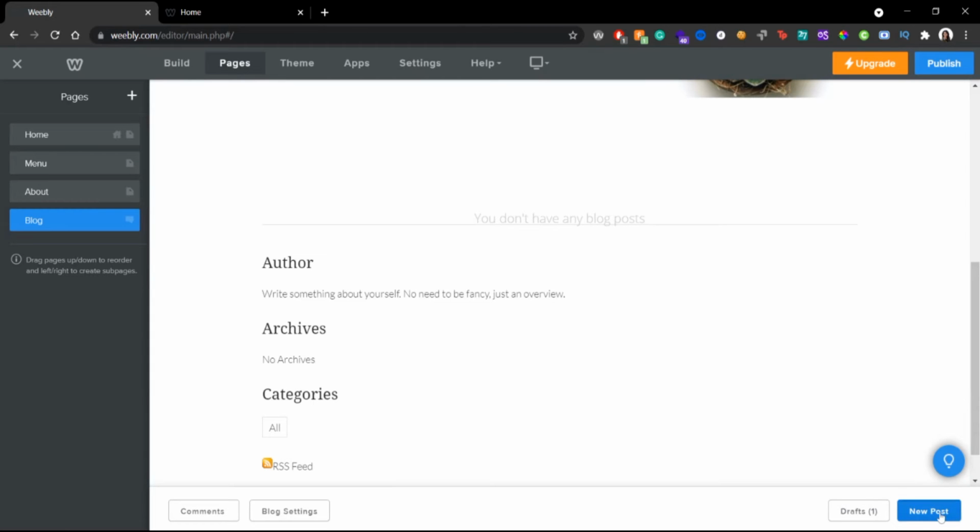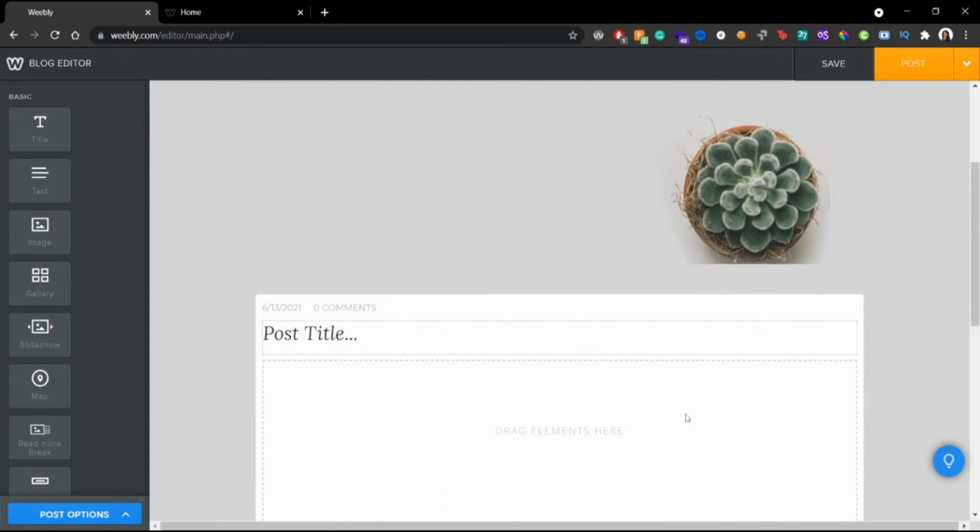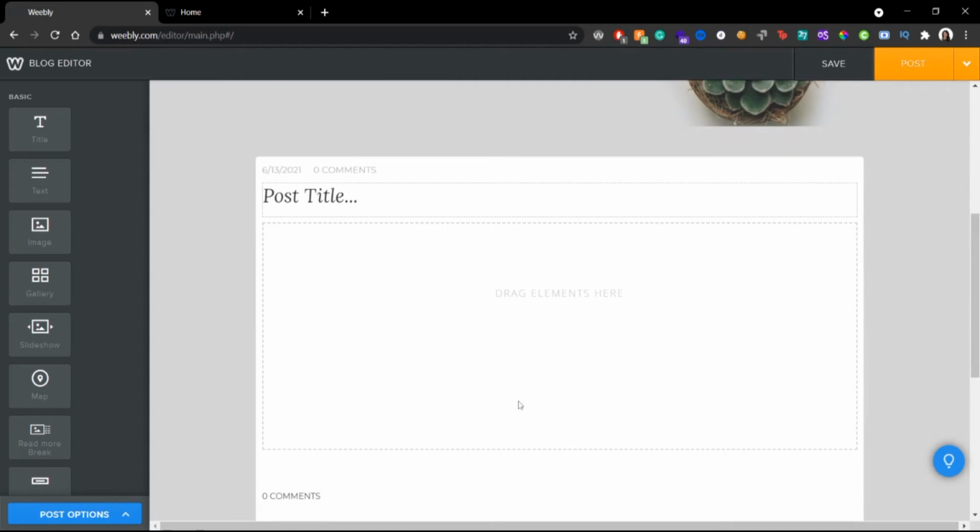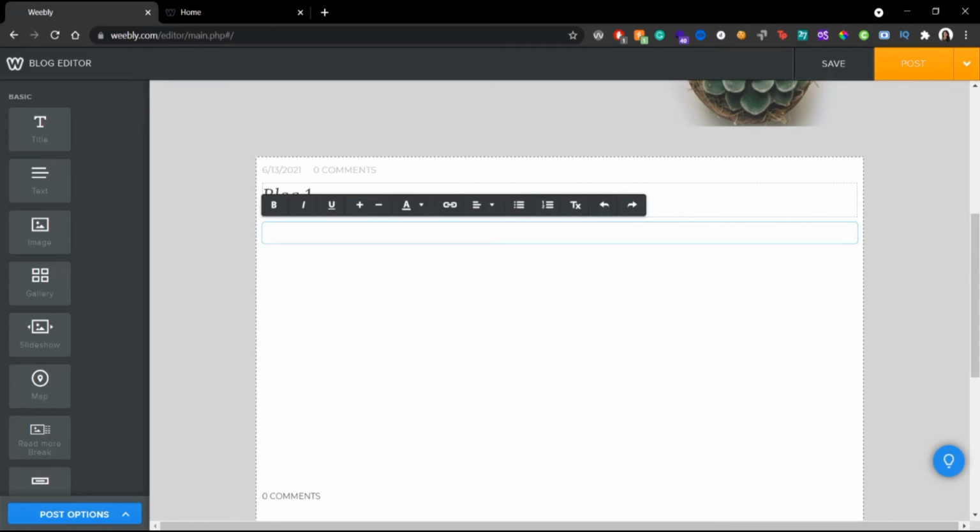To create a new blog post, on the right hand side bottom, we'll find a new post button. I will simply click on that and I will be asked to enter a post title, and I can see some body space here. For the post title for now, I'll just type in blog one. You can put anything related to your website actually. And here in the body, I'll just drag and drop this text element for now. And right, this is an amazing blog.